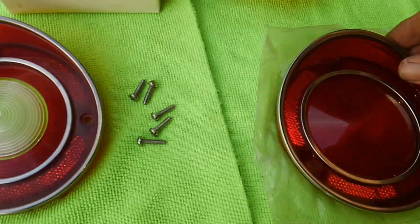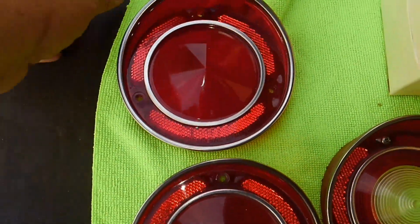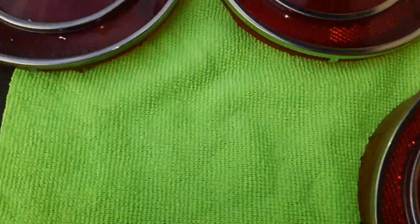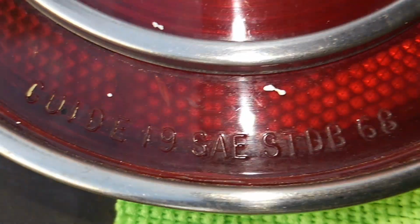Now, this reproduction taillight over here for the 68 and 69s is essentially the same taillight. They've got a lot of things in the right spots. You've got your Guide notation, if I can get it to focus in, which I probably can't. There's Guide right there, and there's Guide right here on our original. The backing is correct. Everything looks very, very similar. Now, I will say Trim Parts does a really good job of replicating these taillight assemblies as far as form and function. But the only difference is when you look at this Guide SAE right here in 1968, and I come over here to this other side,